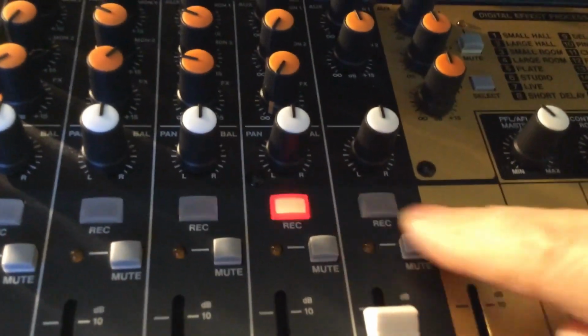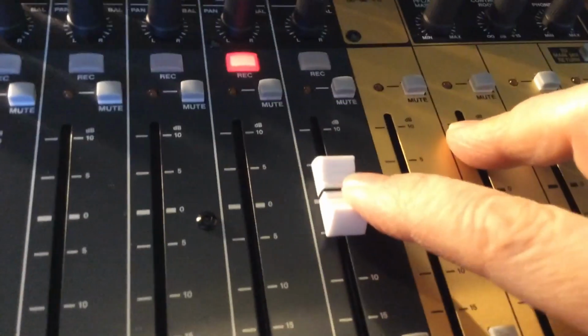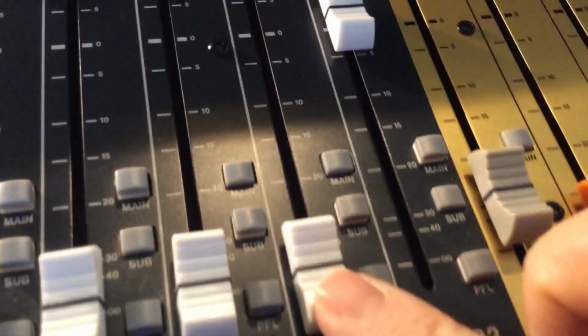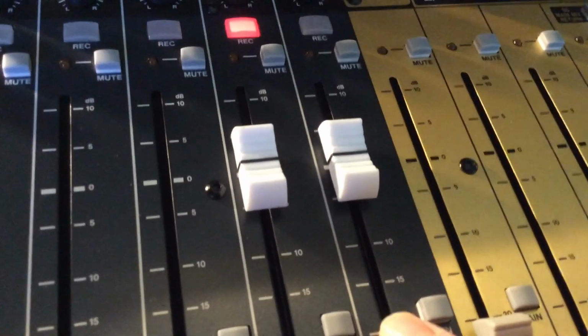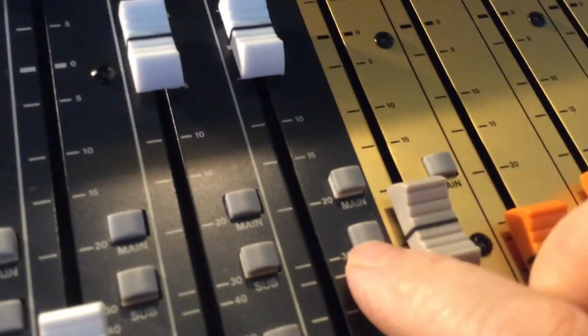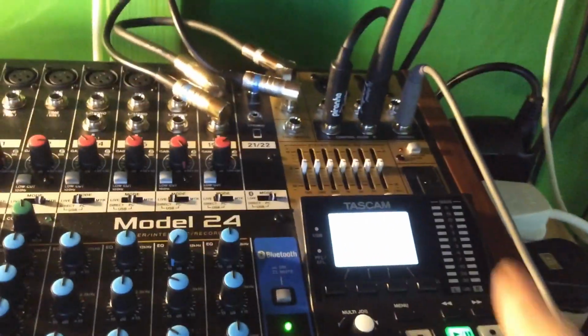And come down. Now to record, what you'll need to do is put the record on this one and make sure the mutes are off. Set the level on this for your record, and also on this one. Now this is what you need to change here. This one you need to have on sub, so make sure that one's down, so it's coming out of the sub,